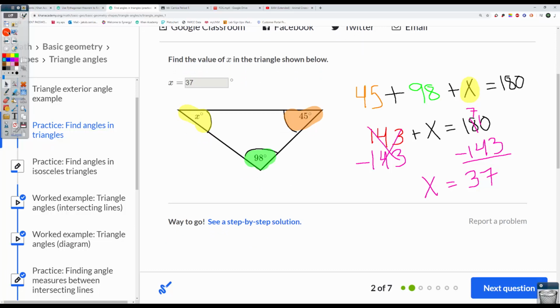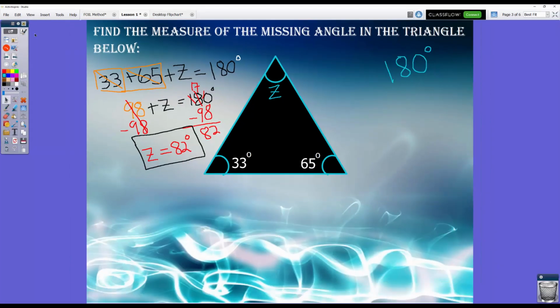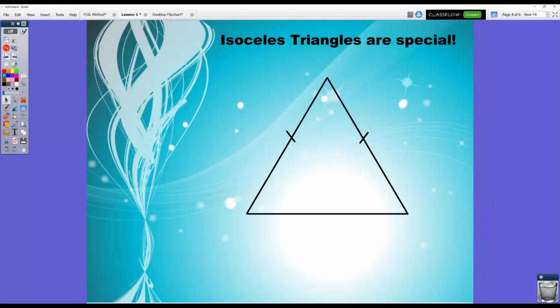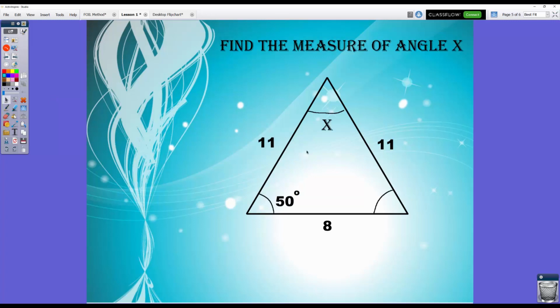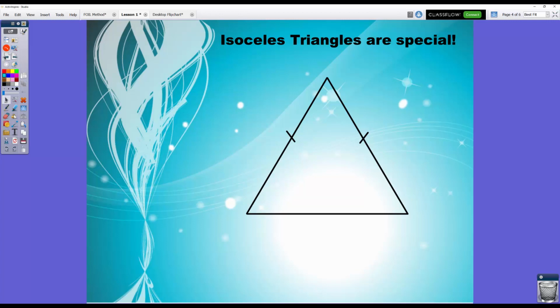So, again, today was meant to be mostly a review. Tomorrow I will do a review of the isosceles triangles thing. Okay, figuring out which two angles are the base angles and which one is the third that doesn't match. I will go over all of that again tomorrow.